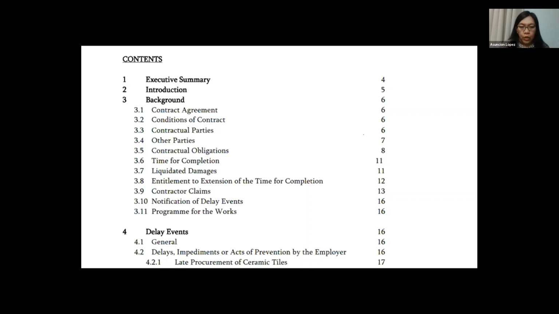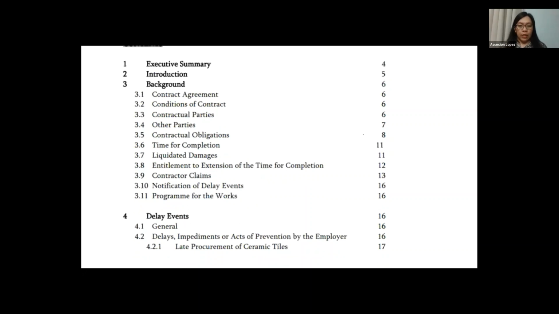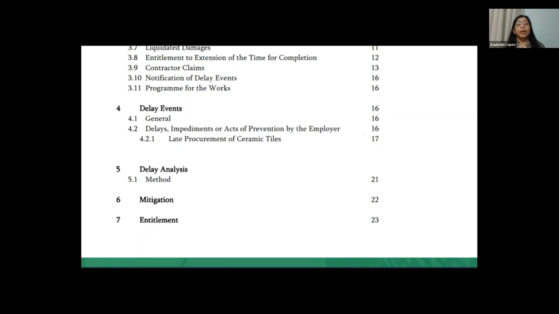So you now narrate the contractor's claim with the EOT claim. And then the notification of delay events; if you have notified, be sure to provide and mention all those. And then at the last part of the background, of course, you will provide the program of the works. And from there, I'm sure you now know what program or schedules need to be provided there.